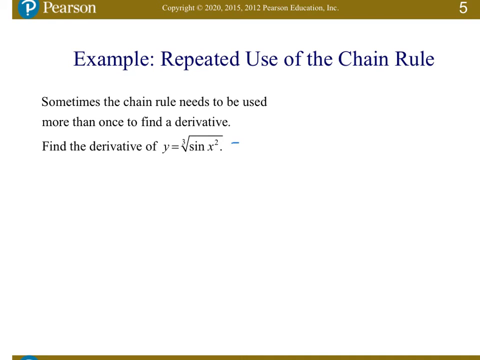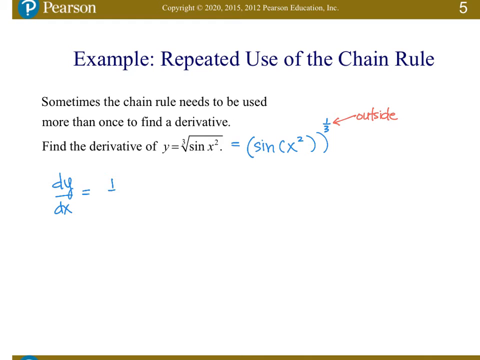I find it most helpful to rewrite radicals as a rational function instead with a rational power. And so you'd write that to the 1/3 power instead. And then you're going to identify that your outside function is that 1/3 power first, and then you're going to work your way in. So dy dx